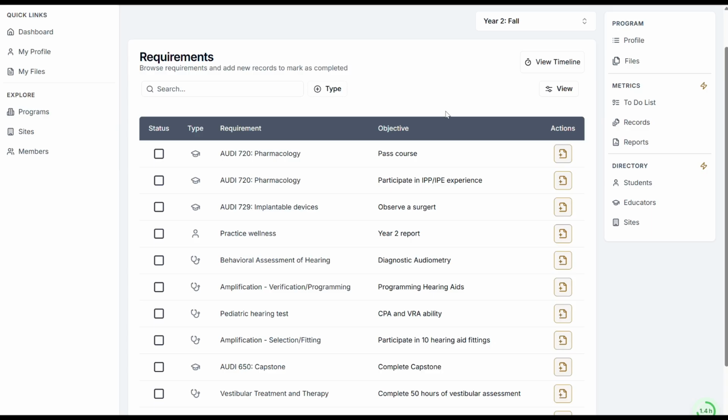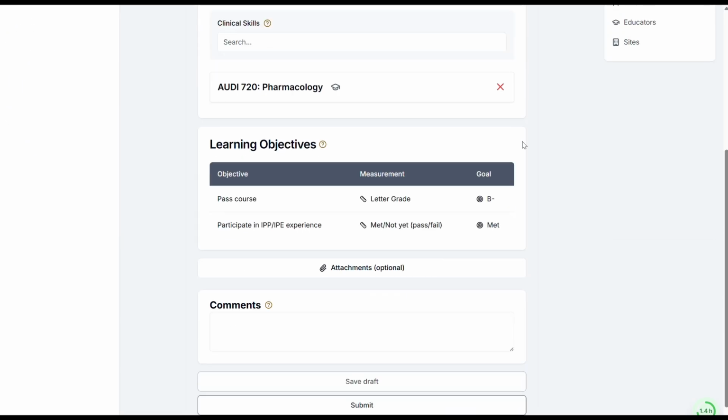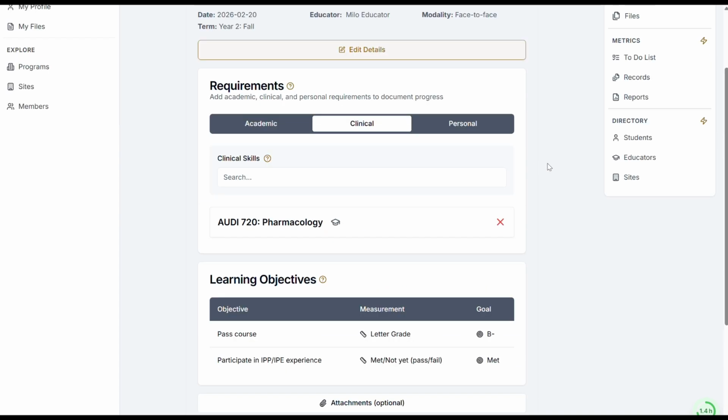So from the to-do list, you can select, just create a record for a particular objective, and it will pre-populate the record with that objective. So students may just go to the to-do list and make sure that they create a record for each to-do item, and then educators can approve or send back for revision those records, and then the students will know that